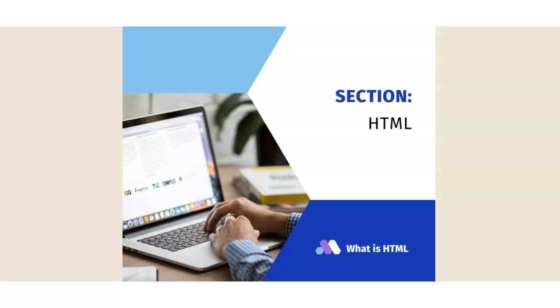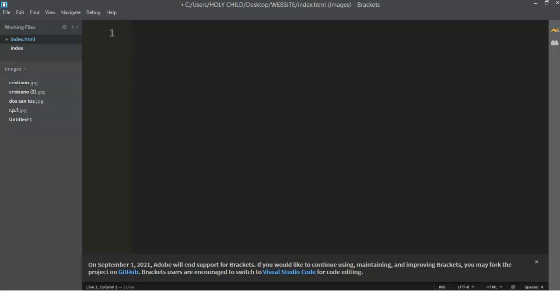tags. So let me use the basic structure of HTML to describe how tags are written. Take for instance, let me show you how to declare the open tag and close tag of HTML. But first of all, let me show you how to write the open tag. You first start by writing the less than sign followed by the keyword html and close it with the greater than sign. With the feature I'm using, whenever I create an open tag, Brackets will automatically close it for me. But in case it doesn't in yours, you can just simply come here, press enter,